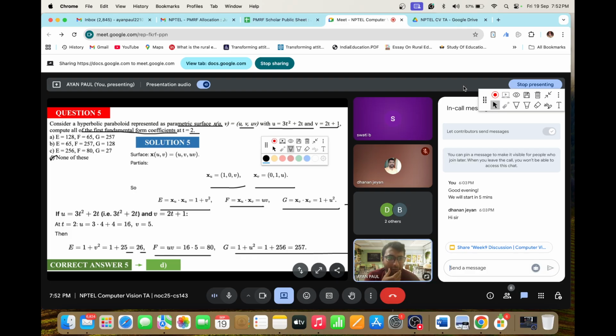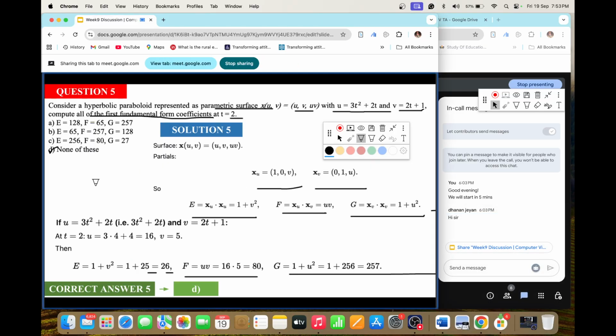Xu is nothing but a vector. Like x, you have seen this, right? If I write xyz, I can write it as the x vector, right? By point, you just remember, we write it as the x vector. Similarly u and v we can write as xv. So this is nothing but a kind of vector, because it is taking all these three things, u, v and uv. So this is nothing but a vector.